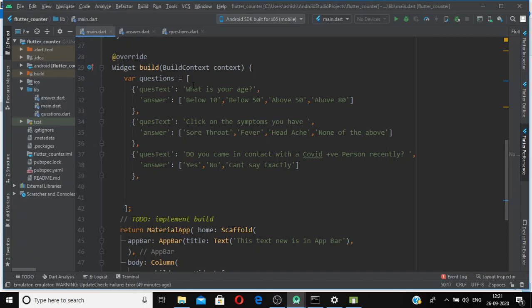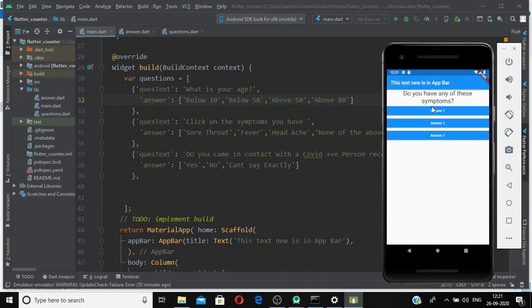So what I need to do is first have the index, this question index, then from this key answer I need to have my first value, below 10, and I need to pass this value to my answer widget, and then this answer widget will return an answer widget with the value below 10 on the screen. And then it will go to the second option and return another answer widget with text below 50, above 50, and above 80. Similarly four answer widgets will come here.